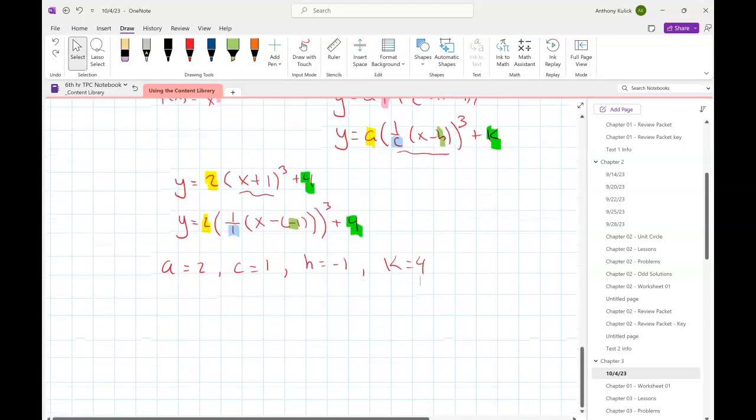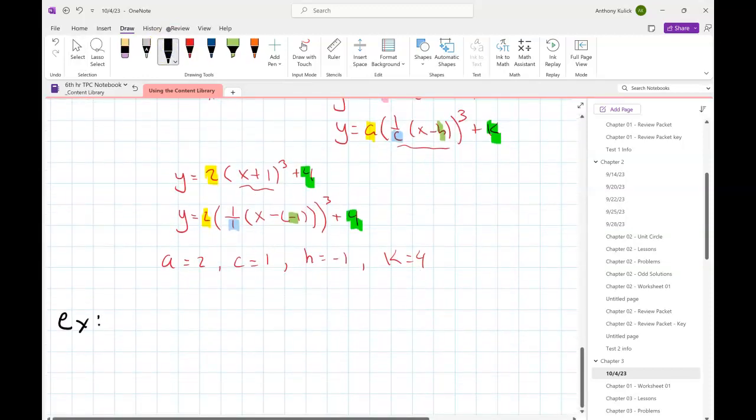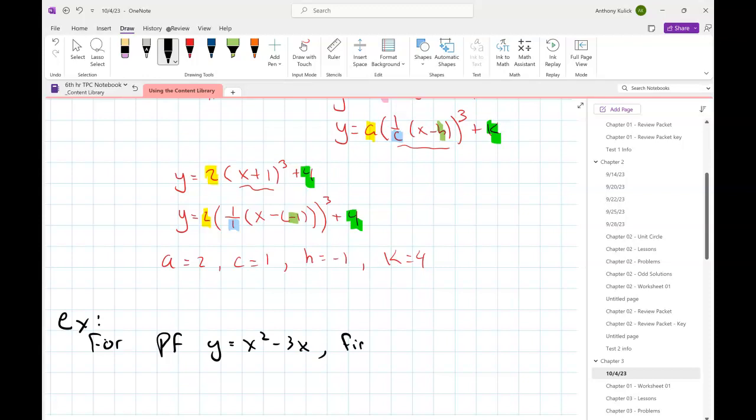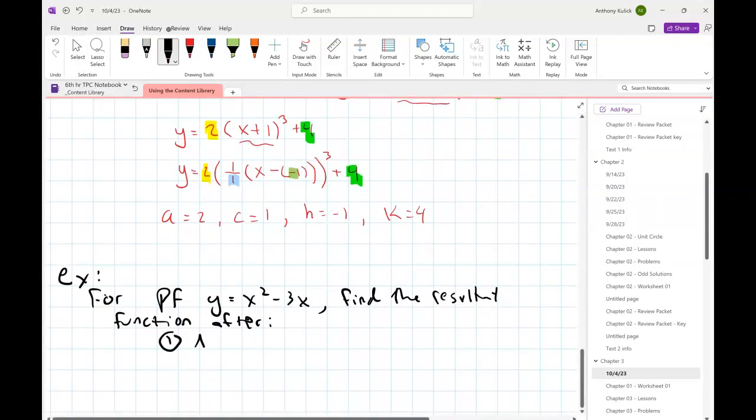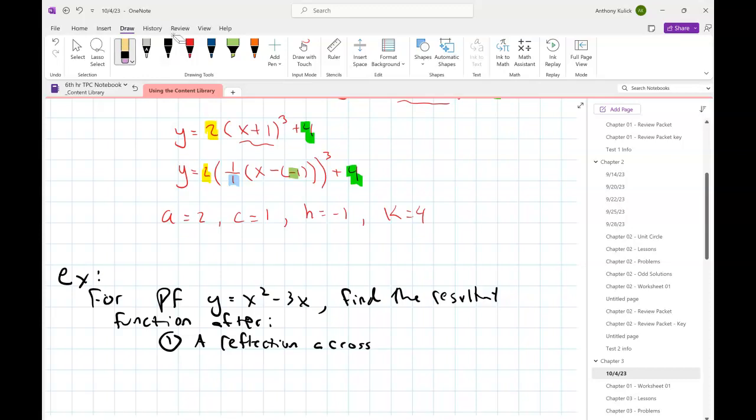So let's do this then. New example. Oh, let's not do it in that order. Let's do